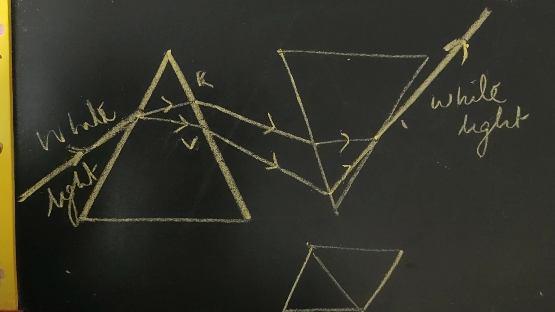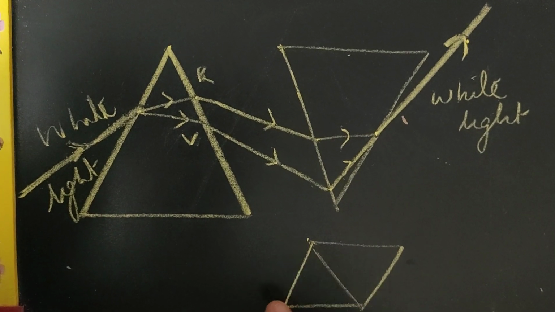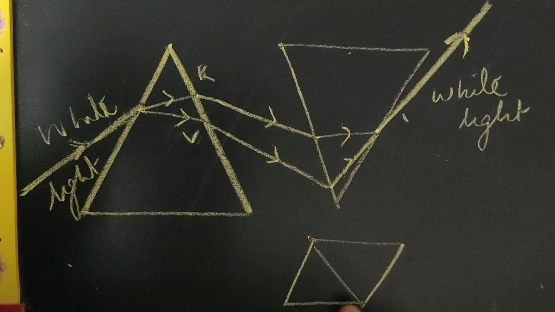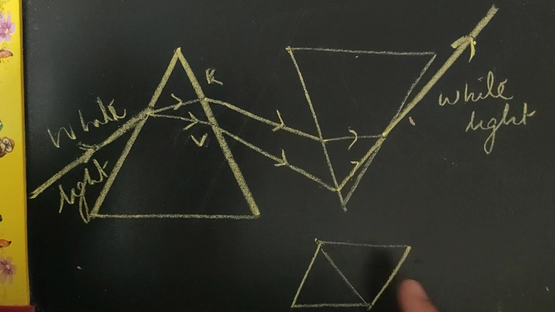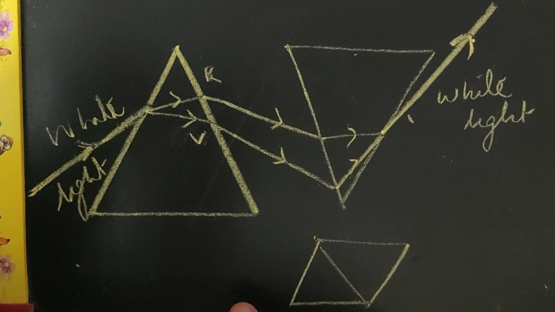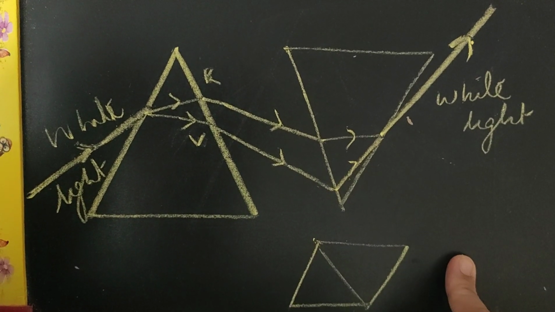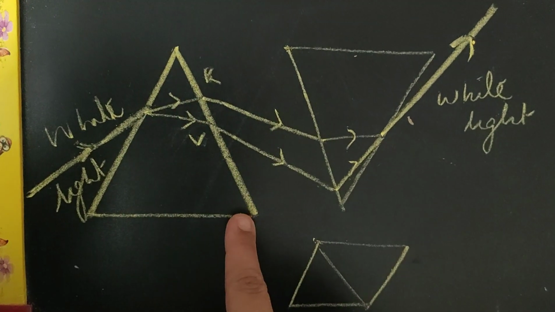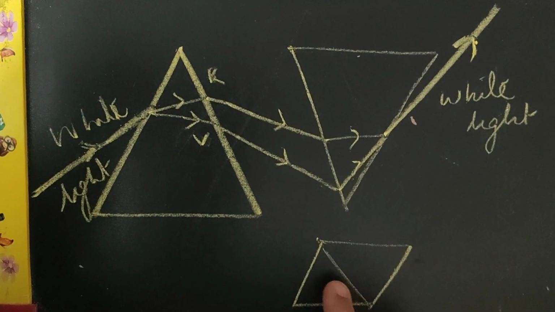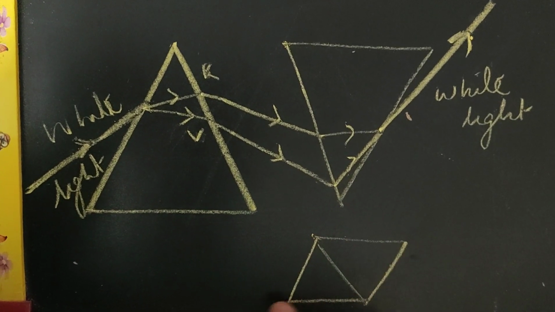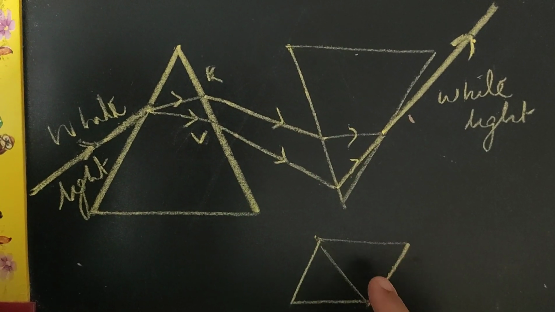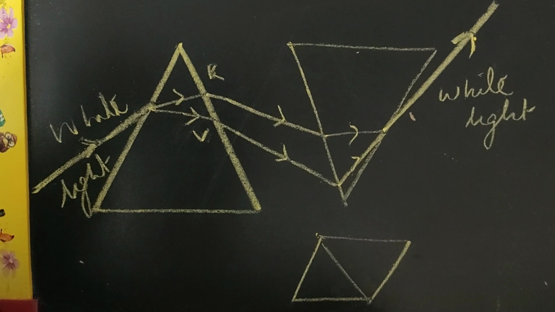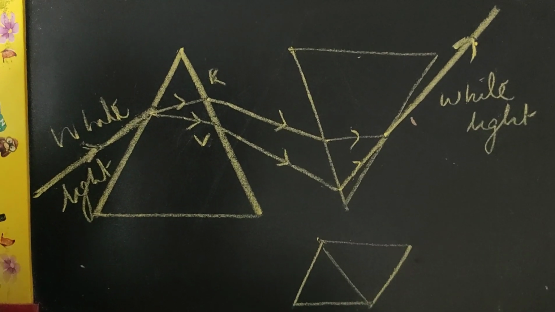Or you may simply give the answer as that, since all the faces of a glass slab are parallel to each other, we don't get a spectrum, we get the recombined white light again. In case of a prism, you can see the sides are at an angle to each other, whereas in case of a glass slab, the sides are parallel to each other. So that is another way of stating why we don't get a spectrum from a glass slab.